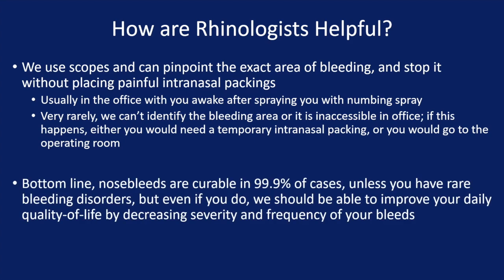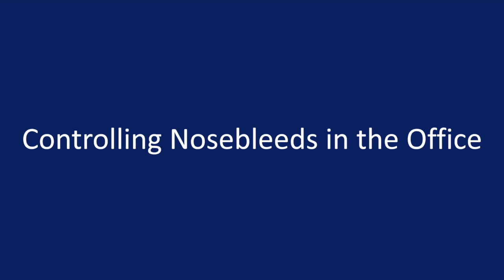The bottom line here is that nosebleeds are curable in nearly all cases, unless you have rare bleeding disorders, but even if you do, we should be able to improve your daily quality of life by decreasing the severity and frequency of your nosebleeds. Now I'm going to show you an example of somebody who came into my office after